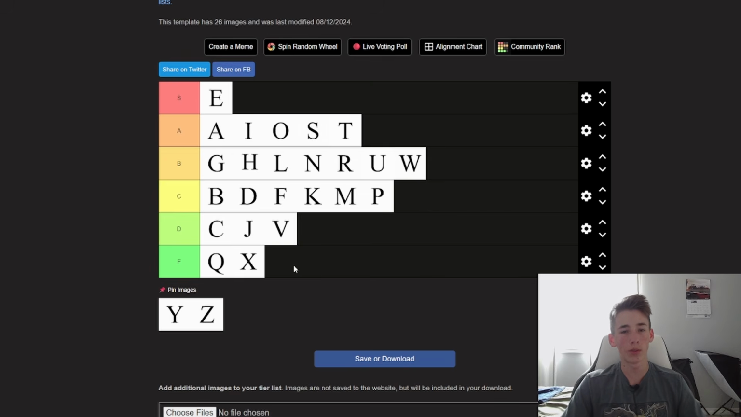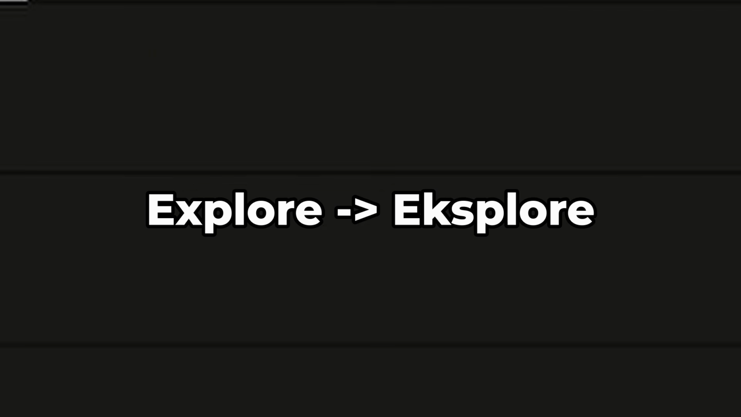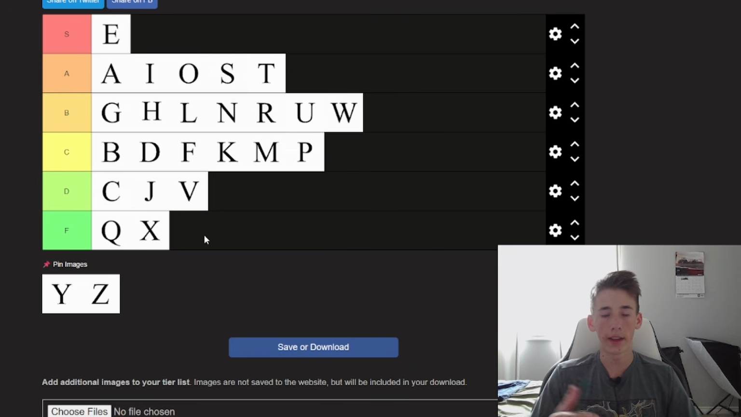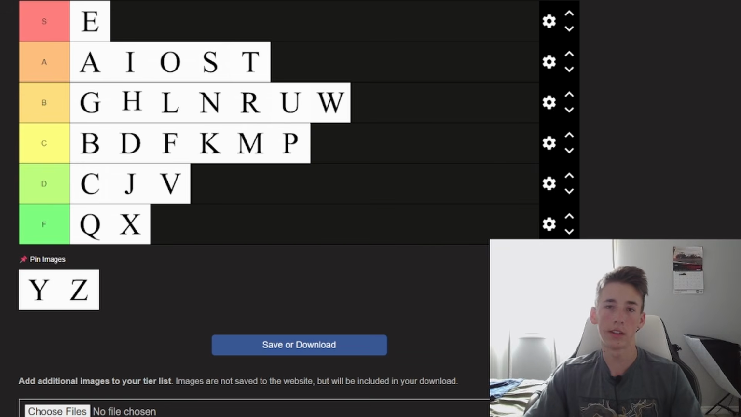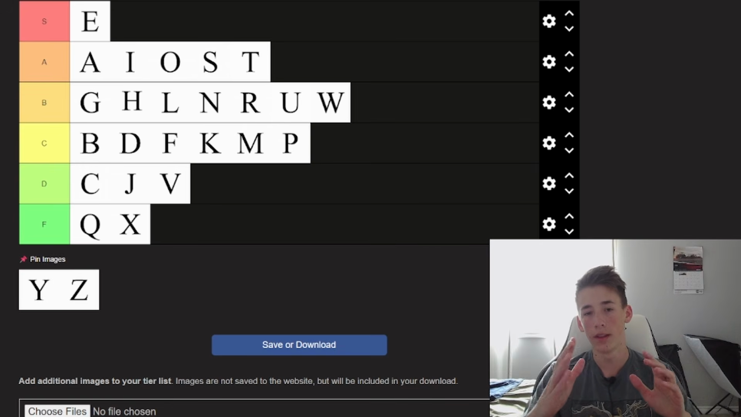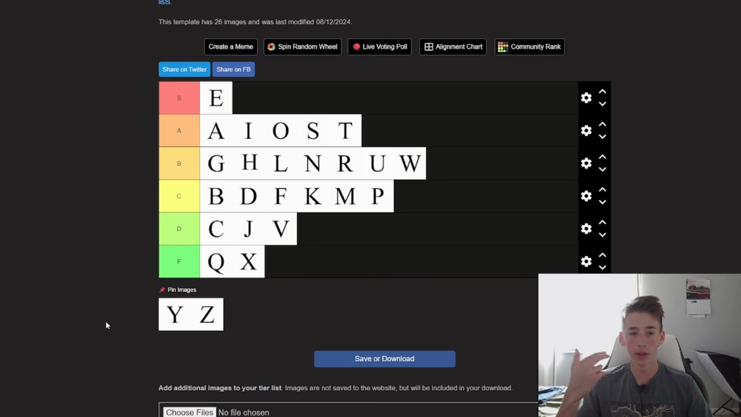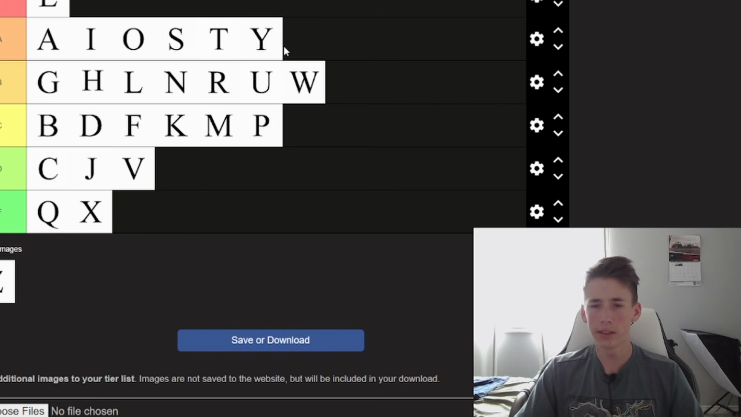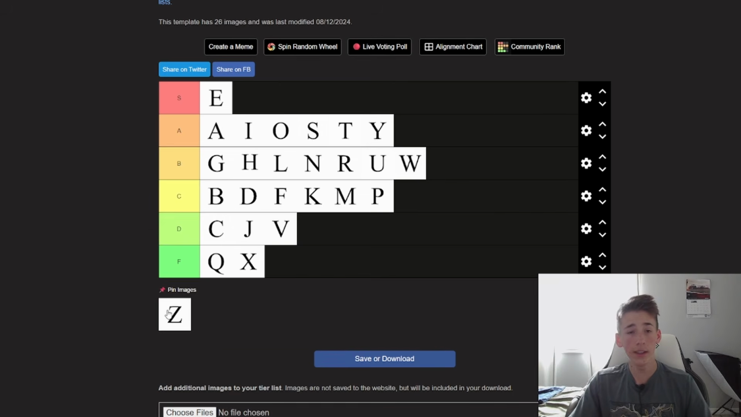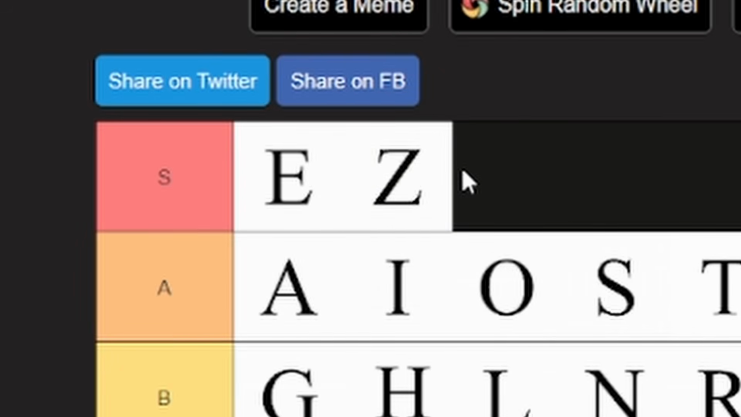It can always be replaced with the letters K and S, like in explore, or like in xylophone, we could just use a Z. Y is a weird letter because it's sort of like a vowel, but most people don't consider it a vowel. I will put it in A tier as it's quite useful and it's used in quite a bit of words. Last but not least is Z, which is going to S tier